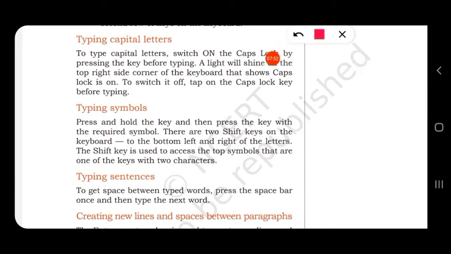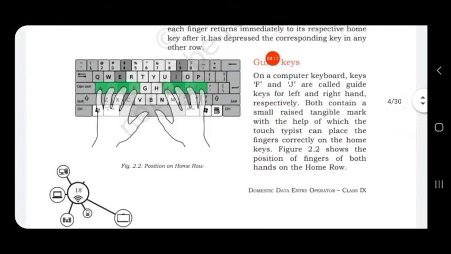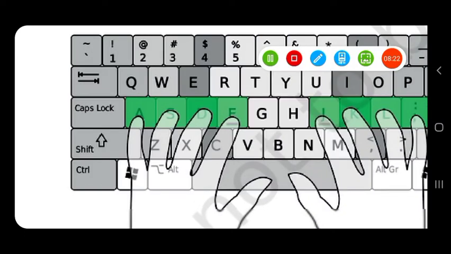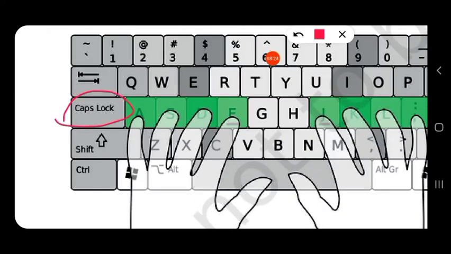Then typing capital letters. To type capital letters, switch on the caps lock by pressing the caps lock key on the keyboard. By pressing the caps lock key before typing, a light will shine on the top right side corner. So when we click on the caps lock key, you can see here on the keyboard, this is the caps lock key.